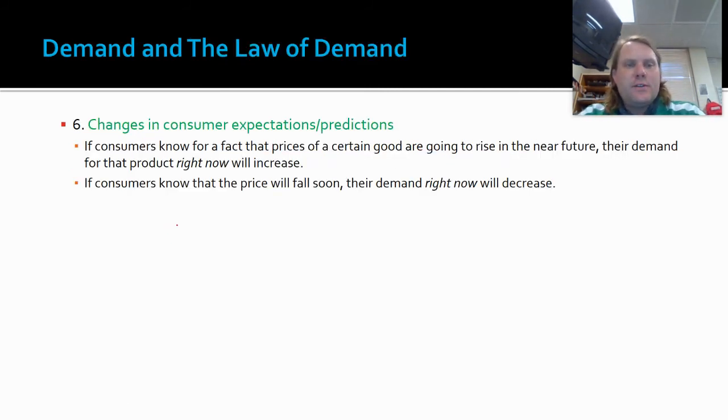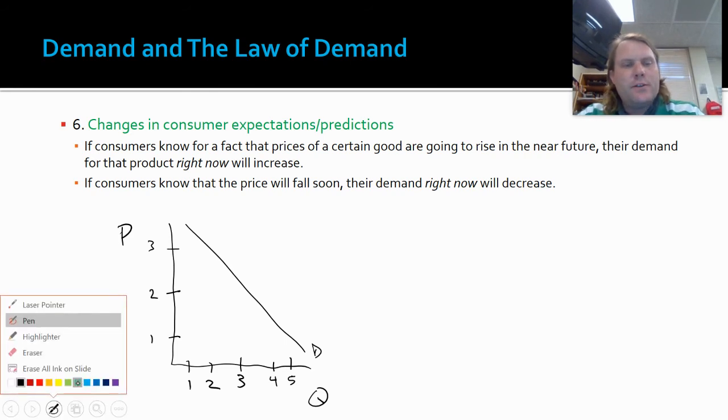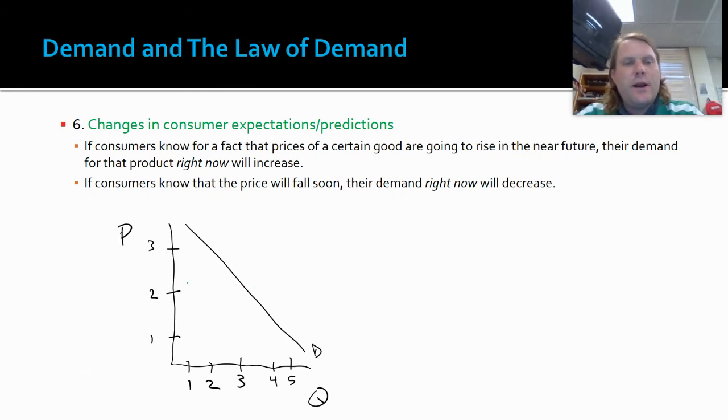Just to tie this all together, remember, I'm going to draw some quick numbers here. You don't have to draw this graph, but just so we know what we're visualizing, we have a demand graph, and I'm going to label this 2, 3, and $1. This is our price axis. Here's our quantity, and I'm going to label it 1, 2, 3, 4, 5. So just to get this visualized a little bit so we know what this graph is showing us. If I increase my demand, let's say I make more money. So right now I demand at $2. Let's say the price was set at $2. I demand 3. Okay.